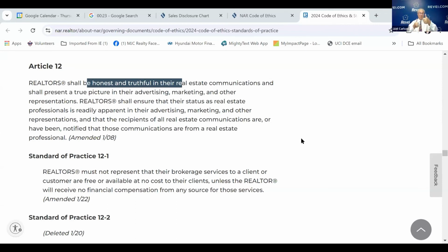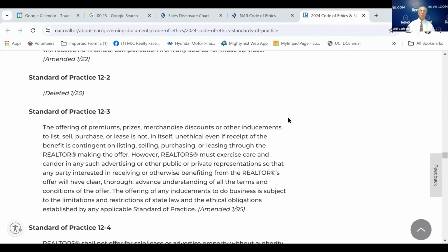Either an E1 or A1. Okay, that's all. Okay, good. So you got to be honest and truthful. I love Article 12, and that it says not only do you have to be honest and truthful, but if